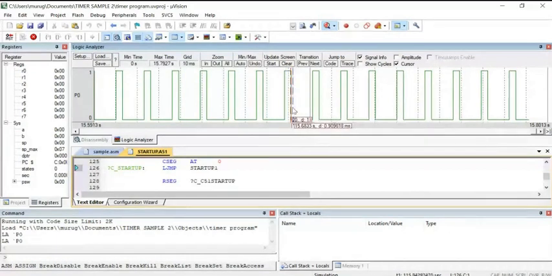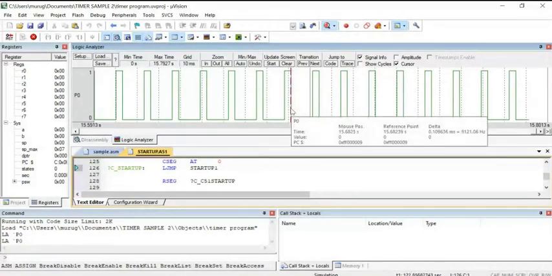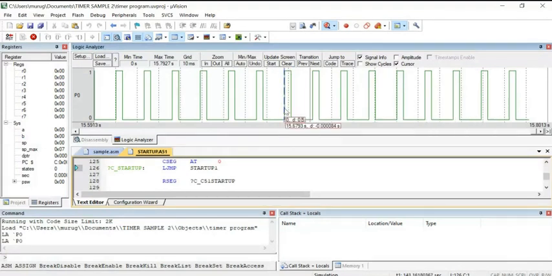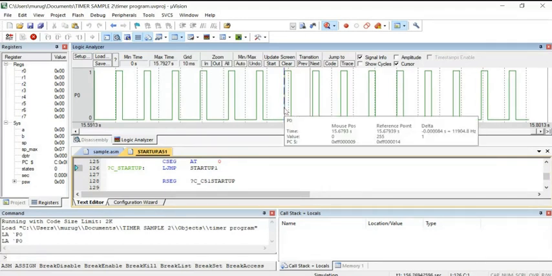On time. So at this particular point, what is the value? On time end minus on time starting point. Click on this. So you can verify. You will get exactly 10 millisecond off time, 3 millisecond on time as per our program. Okay. So this I kept as your experiment 2A, timer programming using assembly language.